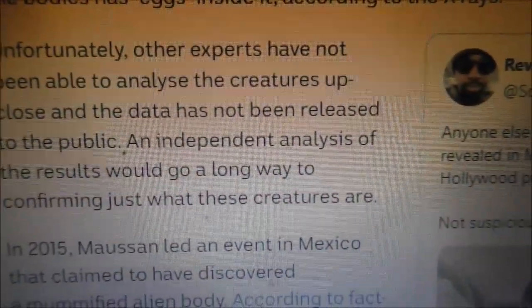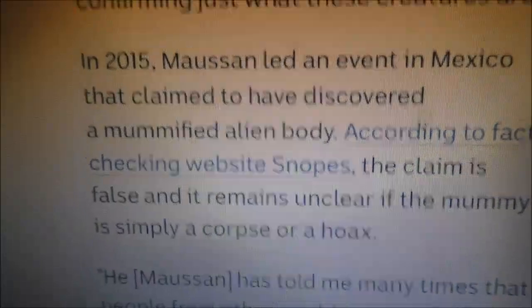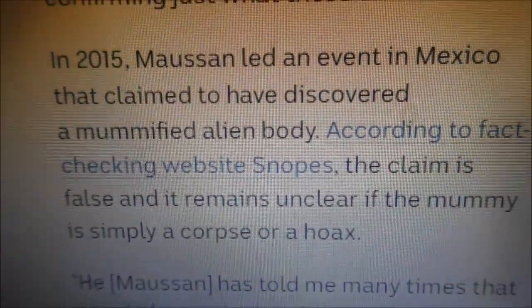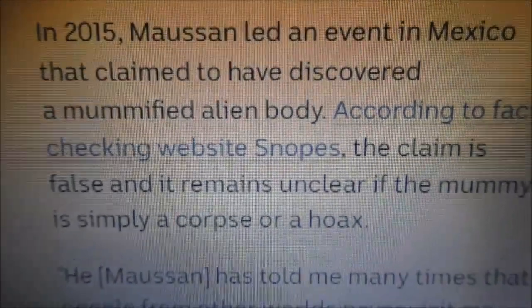Now we have a little bit of the provenance of this guy. In 2015, Maussan, that's the guy, remember, the self-appointed UFO enthusiast, the guy in the white coat, led an event in Mexico that claimed to have discovered a mummified alien body. According to